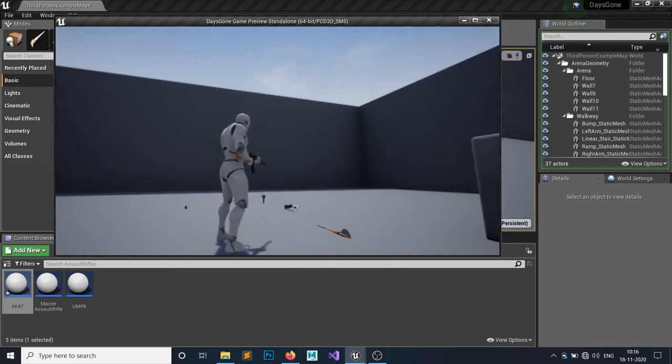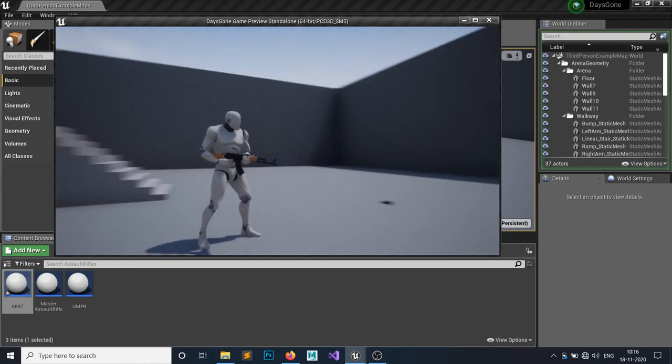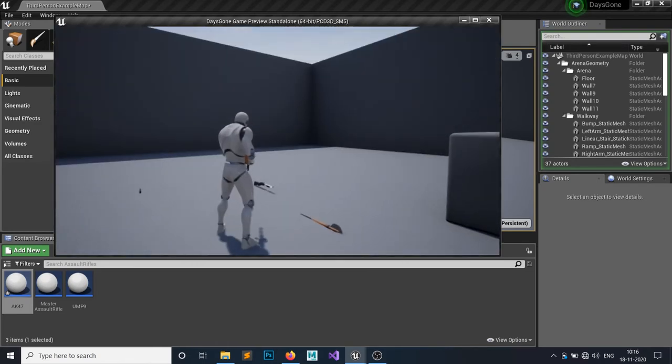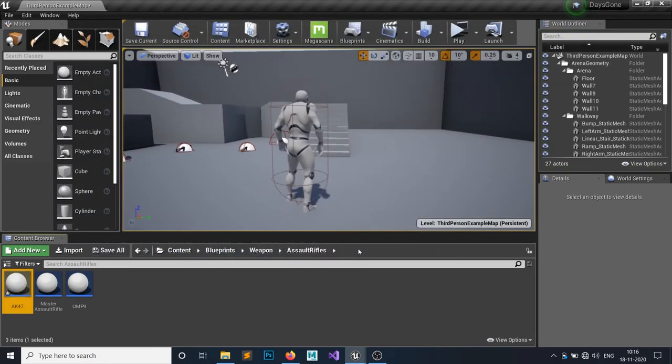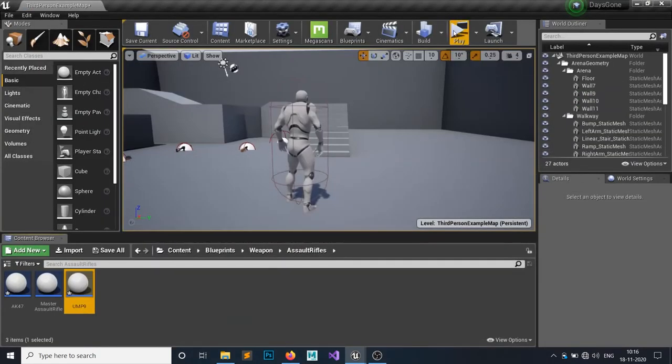As you can see, it is firing perfectly. It has fired 40 bullets, which is the current ammo, and now it can't fire because we don't have any ammo. Okay, so we have done the automatic fire. Let's do this for this gun. One would be 1 second. Okay, let's check it for the UMP gun.